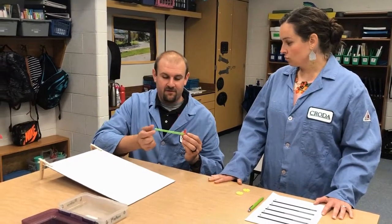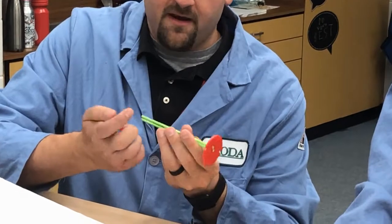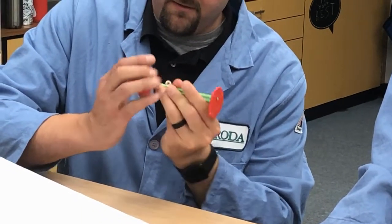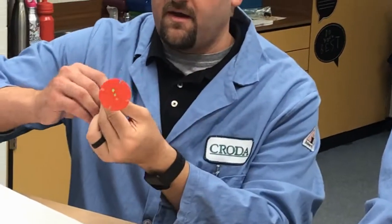Yes. So I'm going to use my green axle, and I'm going to use 2 of them. And I'm going to put them into my red wheel here. That's good. And once I have it set up, I'm going to set it at the top and...